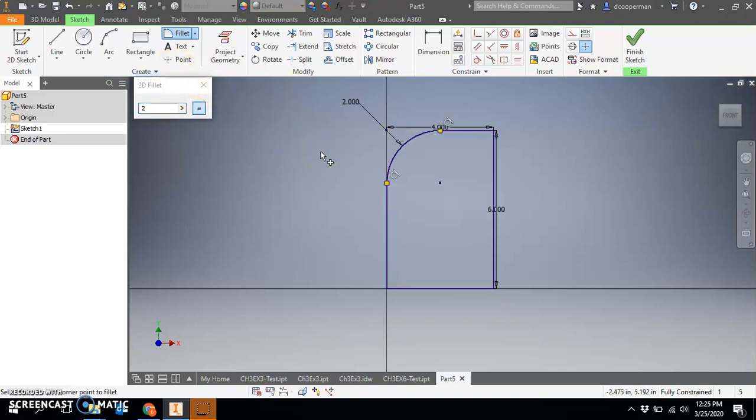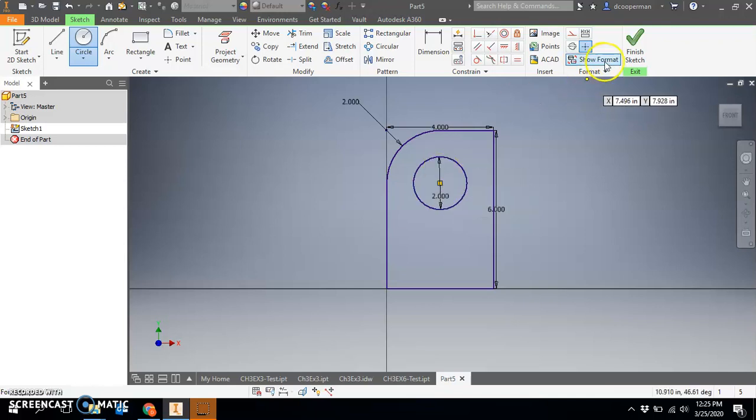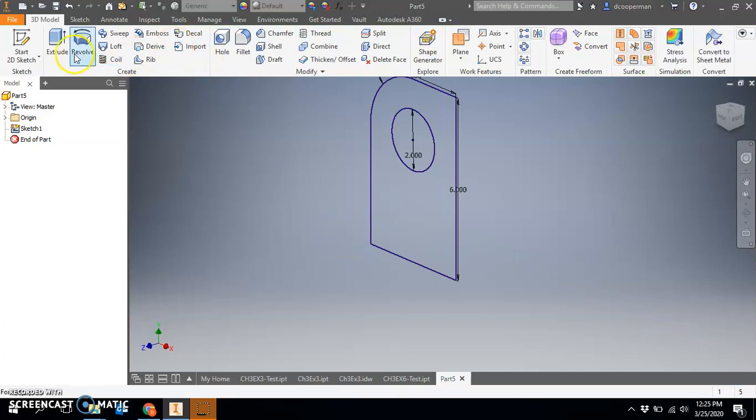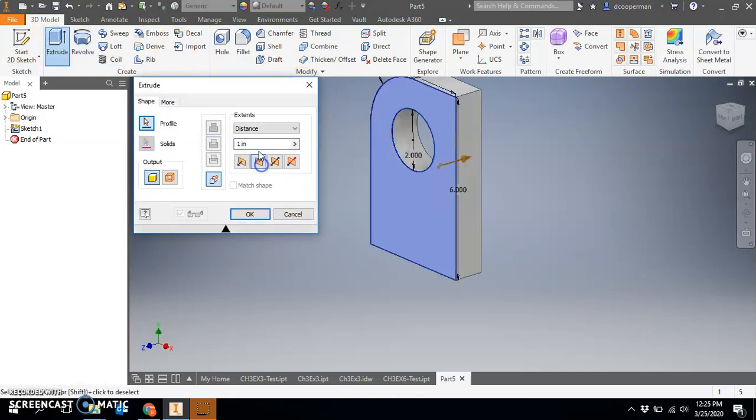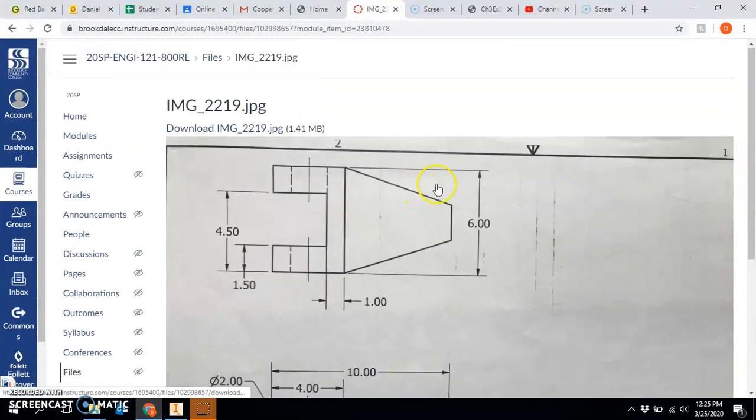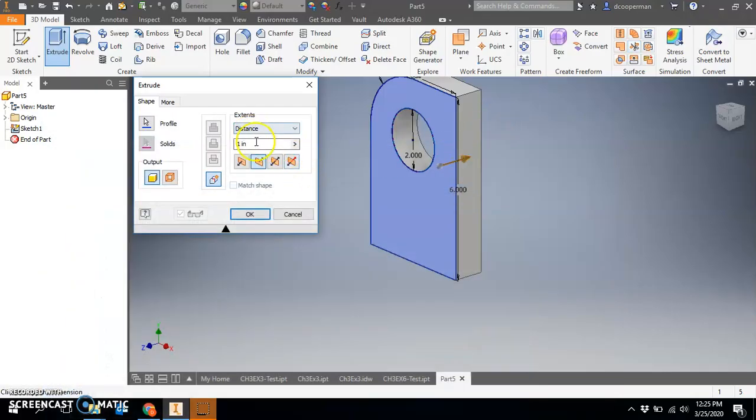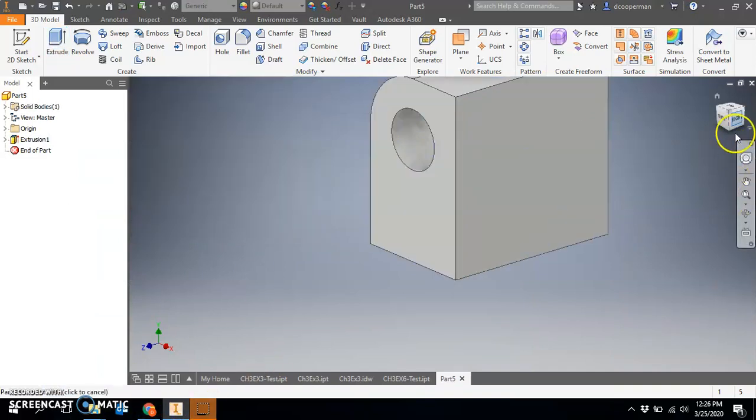And now that I have done that fillet, I have this little center of the arc right here, which I can now use as the center of this circle, which I will extrude. So I'm going to do this circle, click that center that now appeared because we did the fillet, and give that a diameter of 2. And I'll finish that sketch and extrude it out. I believe it was 6. Yeah. Extrude it out 6. Okay. Now, if you look at the overhead view,